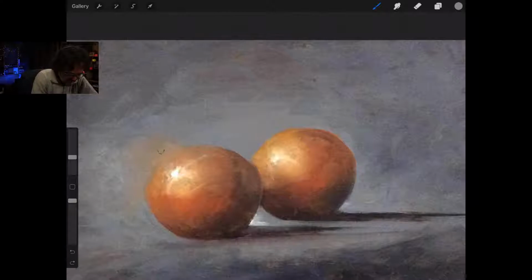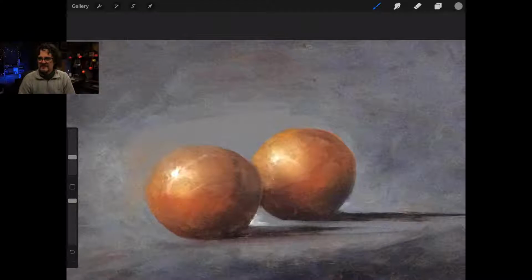So what if we kind of cleaned all of this up too? Do we still get that sharpness without the disharmony? And to me, I think yes. Okay, good.